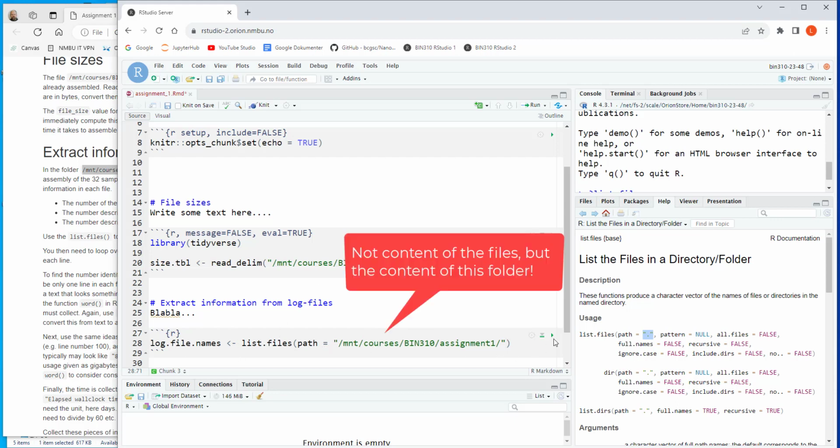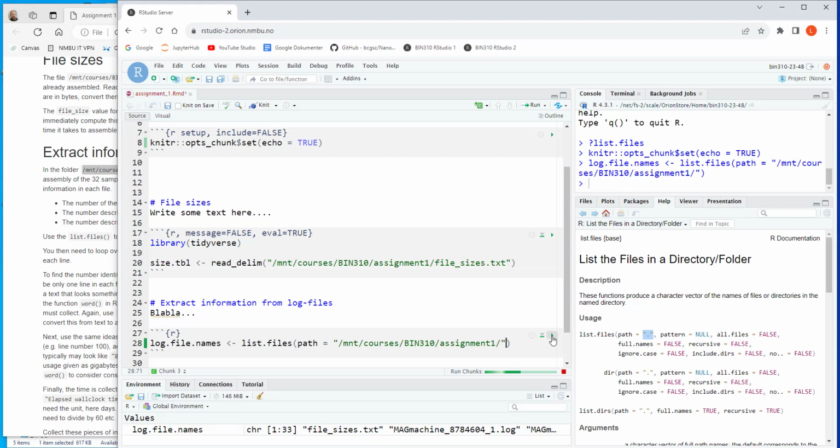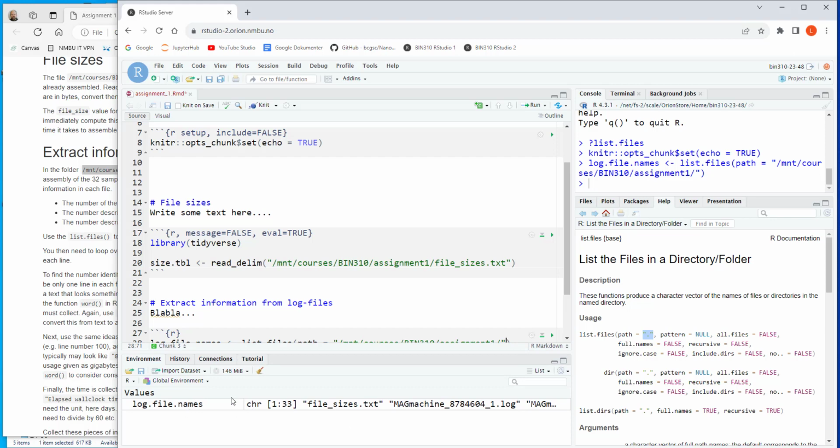We can actually run this chunk only just to check that it actually works. And you can do that by clicking on this green arrow here. You don't have to knit the whole document. You can just run this particular chunk. And you can see now we created the log file names here. Actually, I want to display it slightly different, like this, grid. Log file names is now a text vector, character, it says, with 33